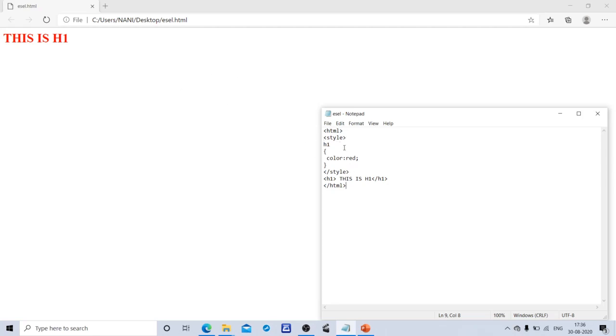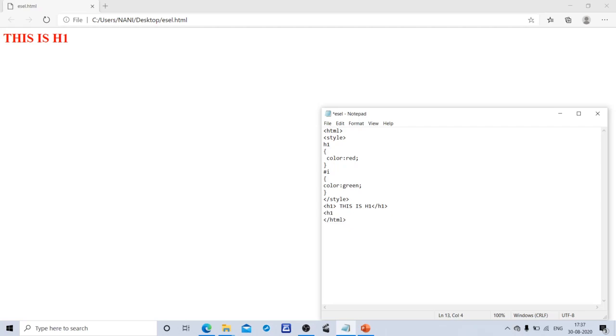If I want to use ID as selector, then what do we have to write? Hash symbol before the ID selector. Hash, I am taking ID name as I. Color, colon, green. So here I have to specify the ID name.